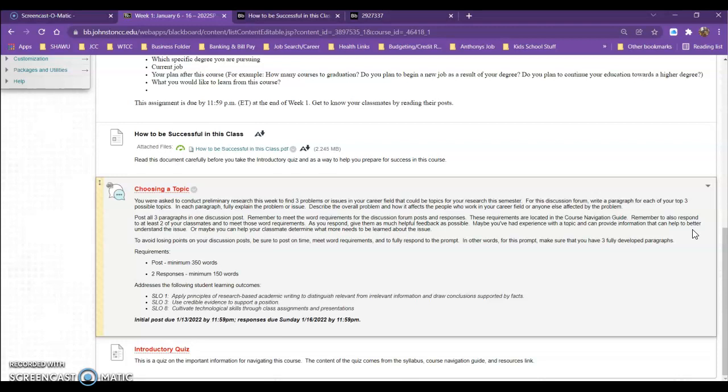For my CCP students, if for some reason you have trouble with this, send me an email. Let me know. I've had some instances where I've had to tweak this assignment for some of my CCP students because obviously you're not really a declared major at this point. So just reach out to me, let me know, and we'll work through figuring out a good topic for you, okay?